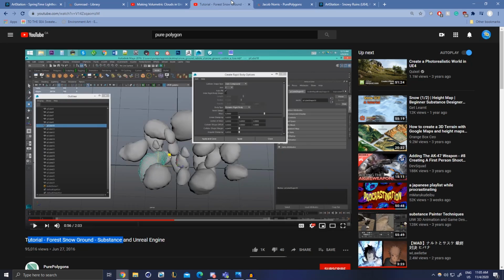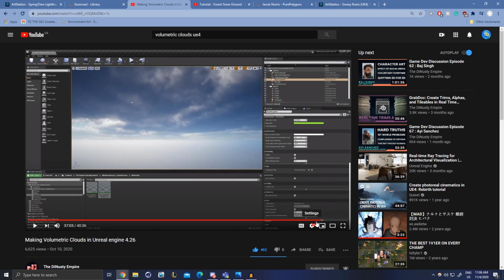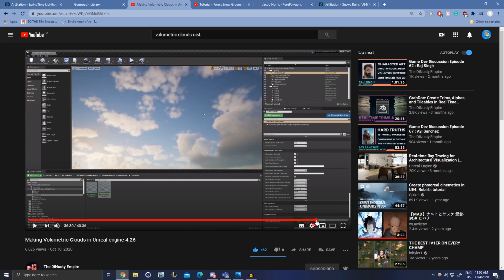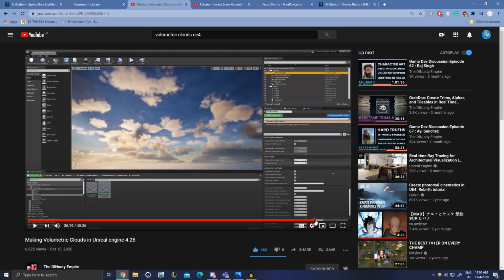Let me see if I can get to that Dynasty tutorial. This is just a sky that's built in with the engine, right? So if you just make a basic landscape, you can throw on some Quixel materials if you want to, and you can make a really realistic looking landscape in a day. So have fun with it.